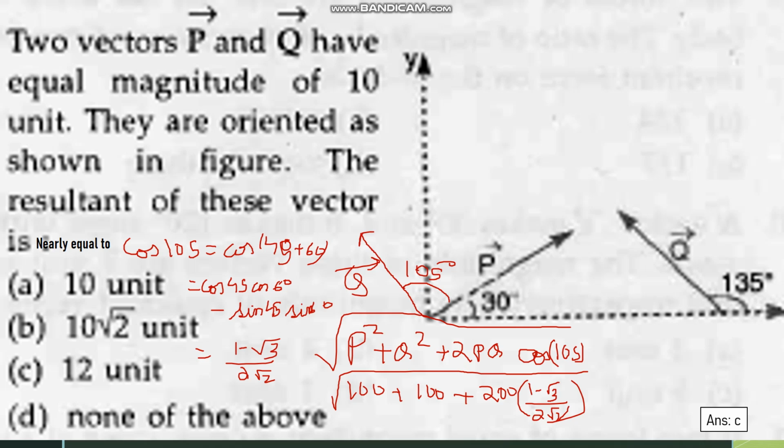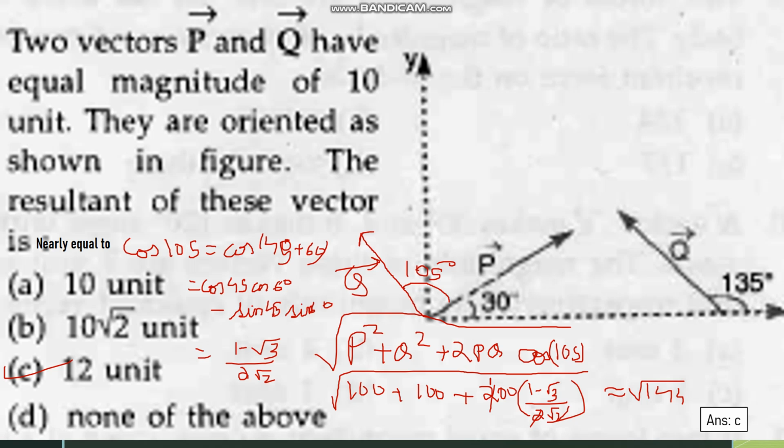Now we will see that this is a negative quantity. This 2 will get cancelled with this, and this will remain 100. Now on solving this, we will get something near about root 144, which is option C. Moving on, this is how we have solved the question. Since it was told nearly equal to, we can just justify it to be 12, or else the option would have been none of these.